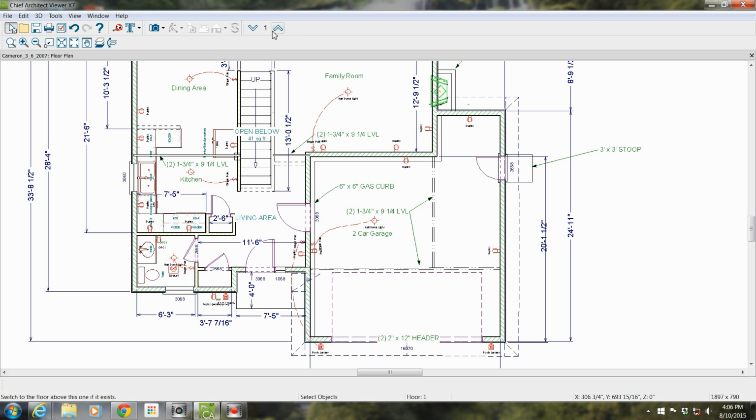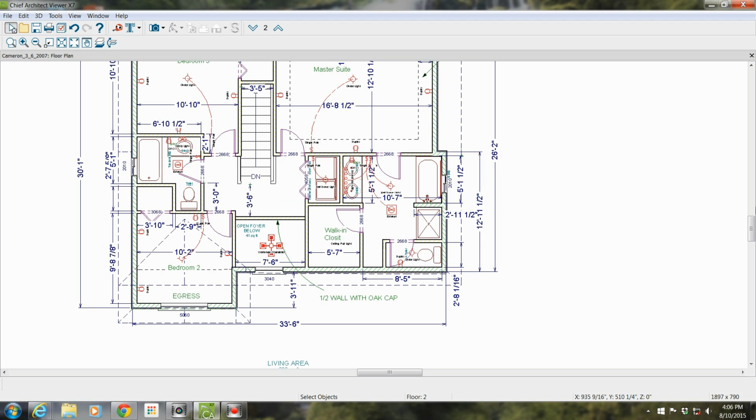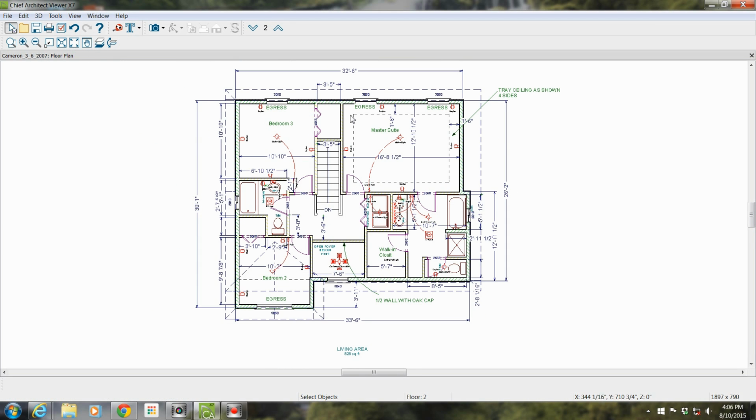Now we're going to go up to the second floor. Click this, and we're going to go to second floor. And again, we'll give you an overall view of it, and then we'll zoom in on some of it. You've got your overall dimensions, your outside walls, 26.2 here, 33.6 here. And we're going to zoom in on